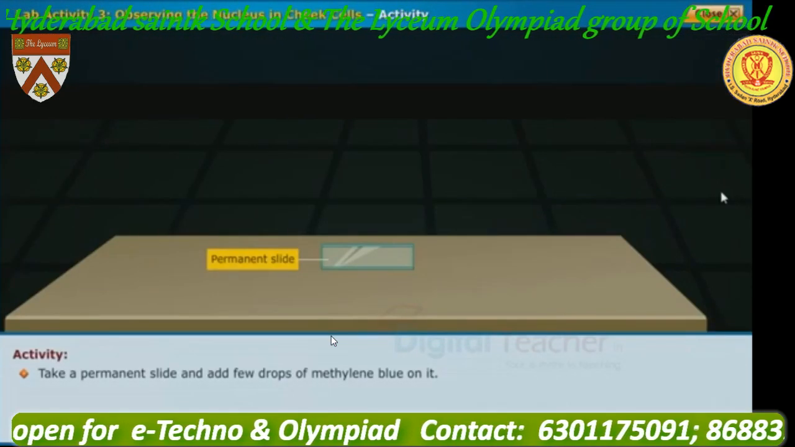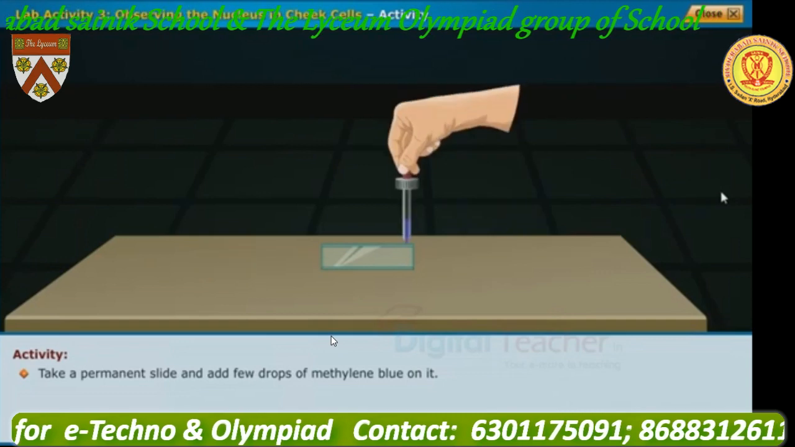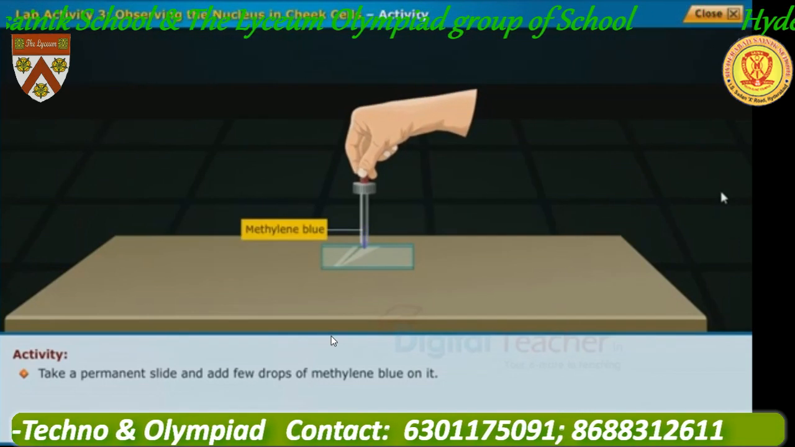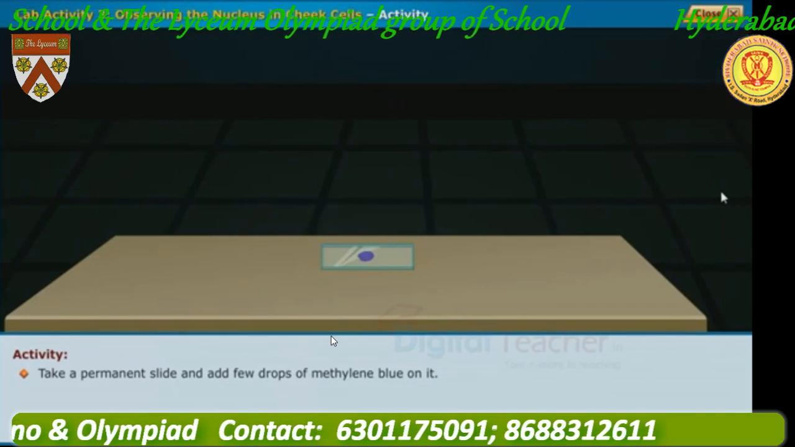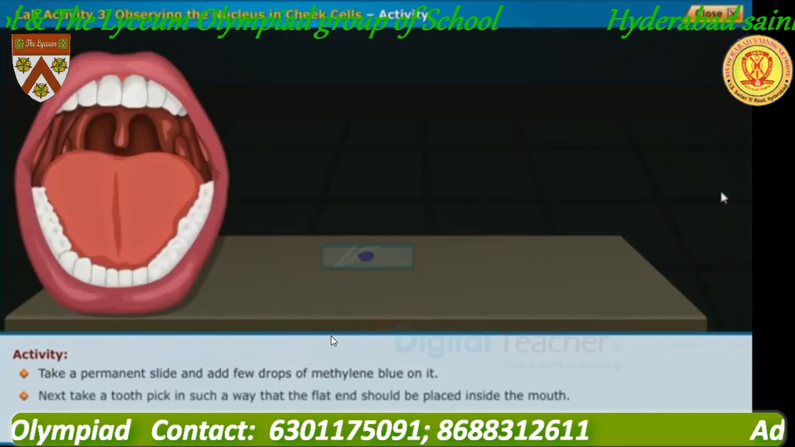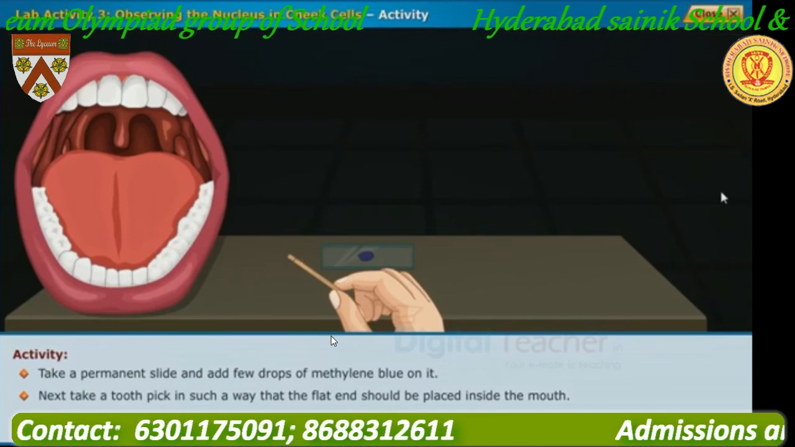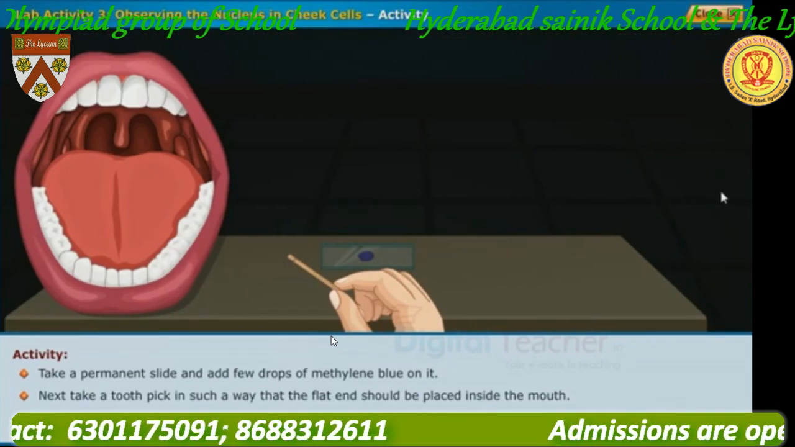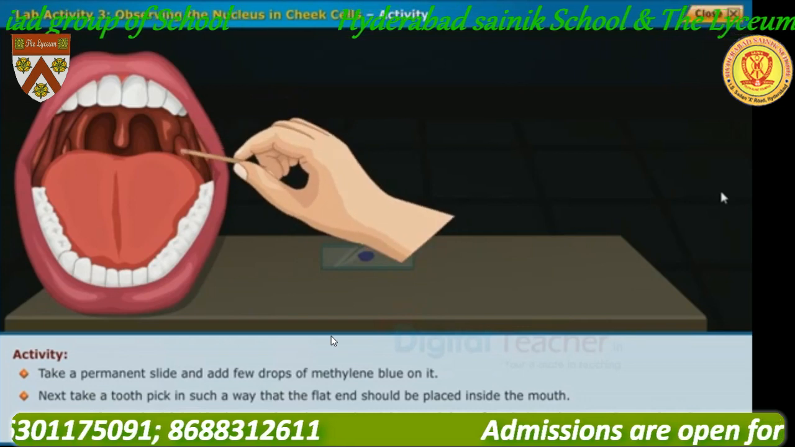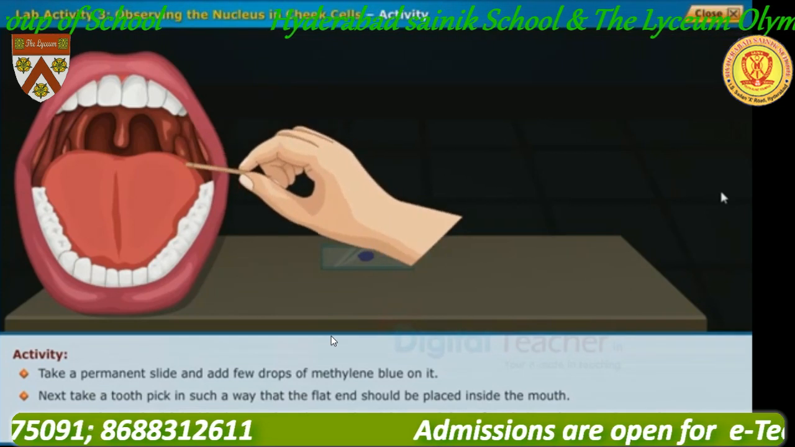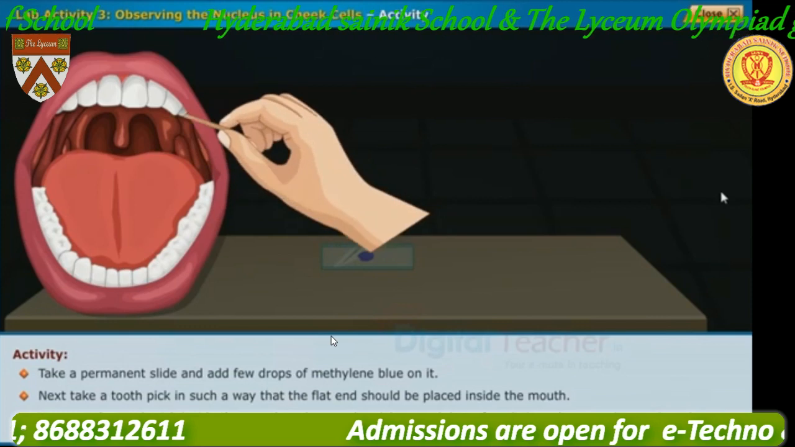Take a permanent slide and add a few drops of methylene blue on it. Now take a toothpick in such a way that the flat end should be placed inside the mouth. Now put the toothpick inside the mouth and move the pick up and down for 12 times by sweeping against